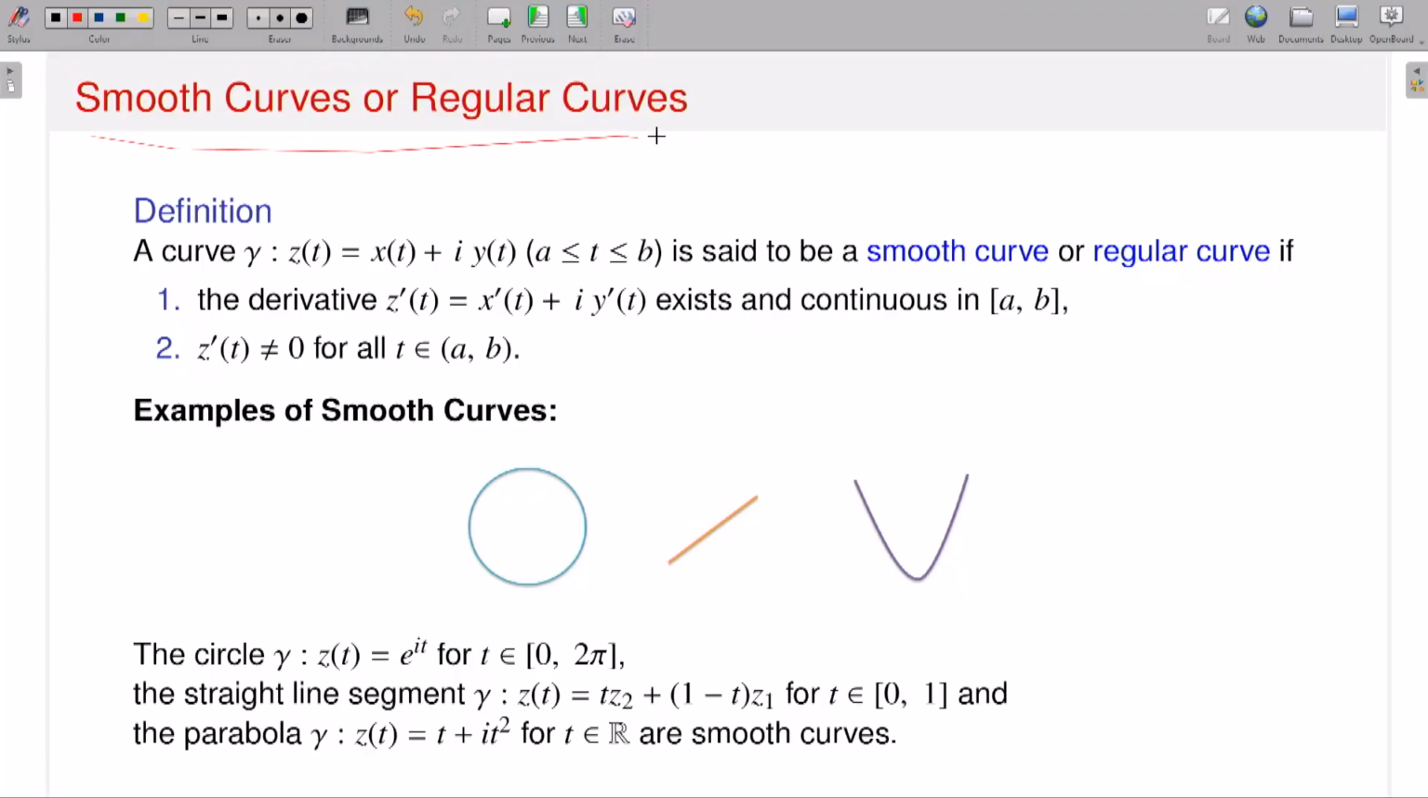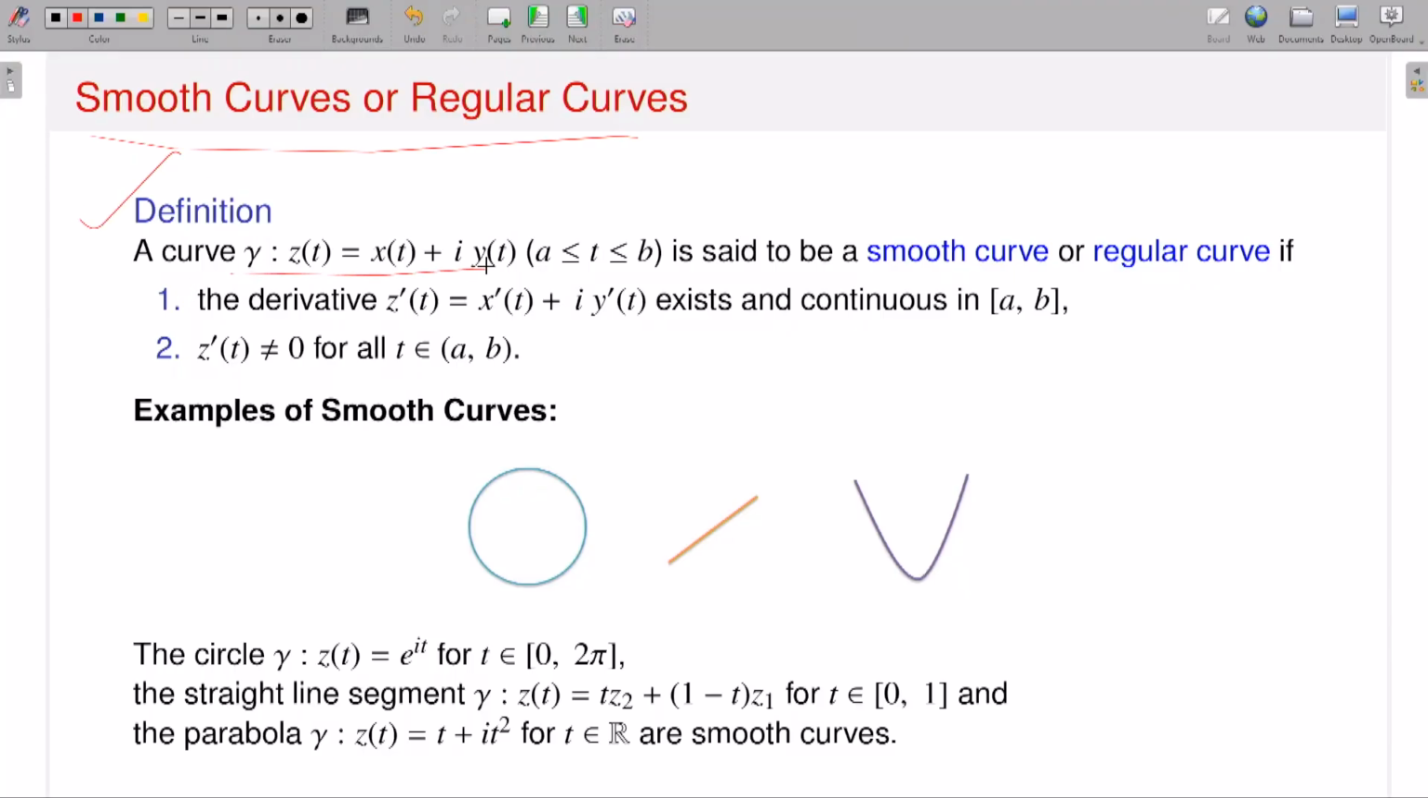Of course, my curve should be nice. That means it should be a differentiable curve. Okay. Now I come to what is called a smooth curve or regular curve. So smooth curve means what? As I said, I need a little bit more smoothness. So what is my definition? A curve gamma, suppose gamma has a parameterization z(t), which is x(t) plus i y(t). Then I am saying that this curve is smooth or regular